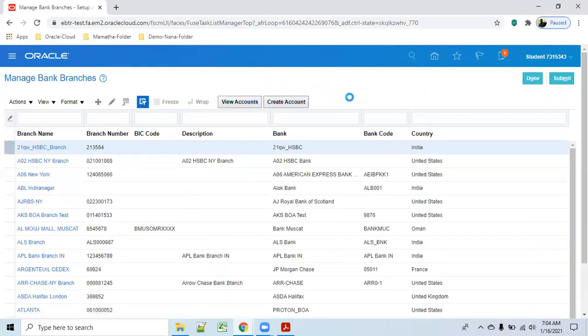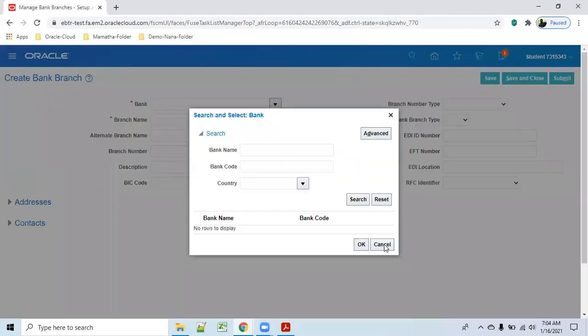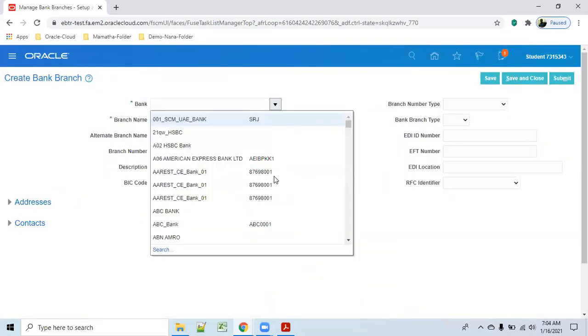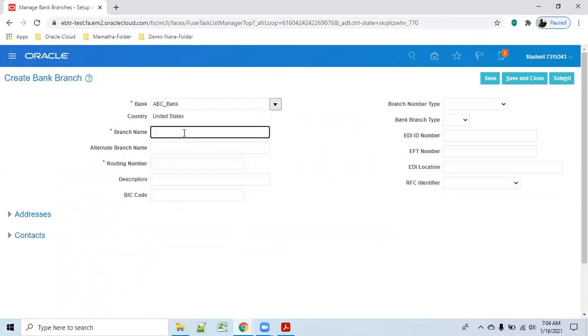So click on place. You select your bank here. First bank, then only under the bank you have to make it a branch. So it is showing here only, right? ABC. Okay, my branch also ABC.